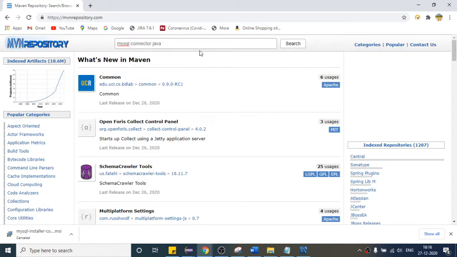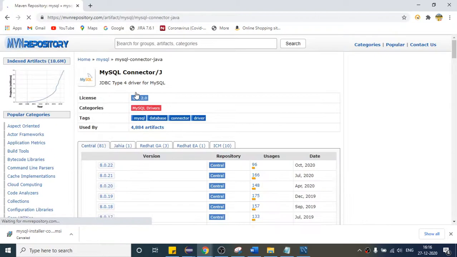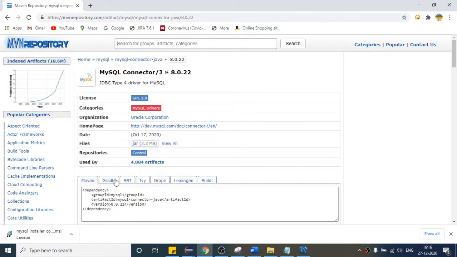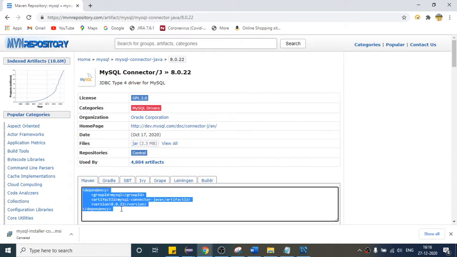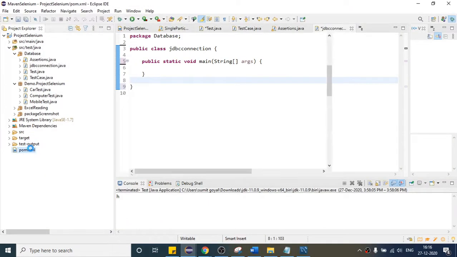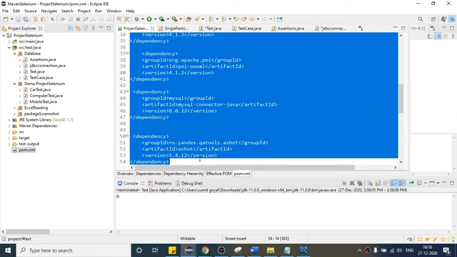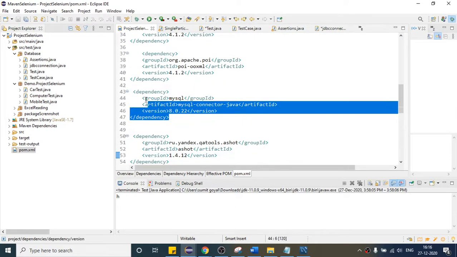Java. If I run this, search this, so this is the one we require, and you can go with the latest one, right? So I will copy this. So we will require all the jar files from this one. I think I already have it on my machine. Anyway, if I paste it, let me see. So I already have this.